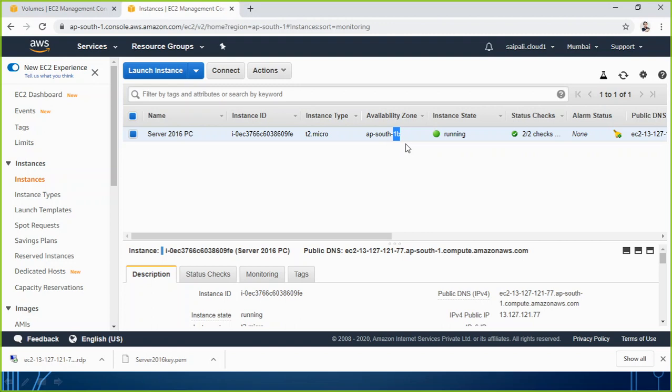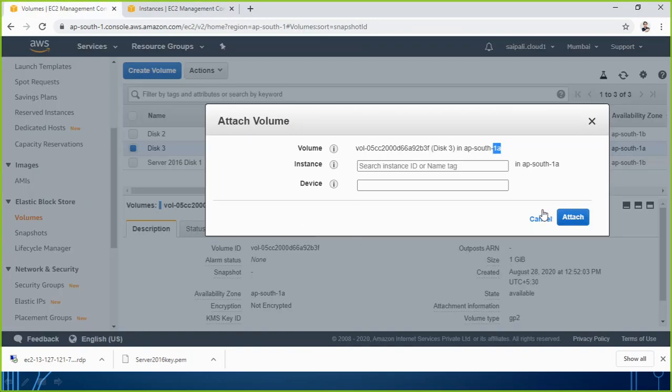So keep these things in your mind whenever you are making an EBS. Please pay attention to which instance you are willing to connect it to, and in which region and availability zone that instance is running. You should create the volume in the same region, same availability zone, otherwise it is not going to be helpful for you.